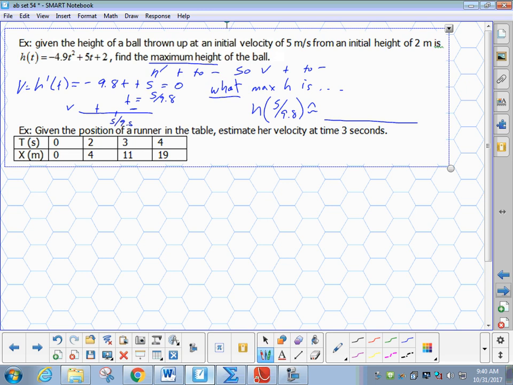You bet. Okay. Given the position of a runner in the table. So this is pretty common that in real life you don't always have an equation. Sometimes you have data. So if I had a stopwatch and the guy was running along the football field and I could see where he was at, or she was at, certain points, then I could estimate her velocity at a time by taking really quick measurements of time and seeing where she's at. But it is an estimate, and in an AP problem, this is a very common AP part A, I would underline estimate big time,